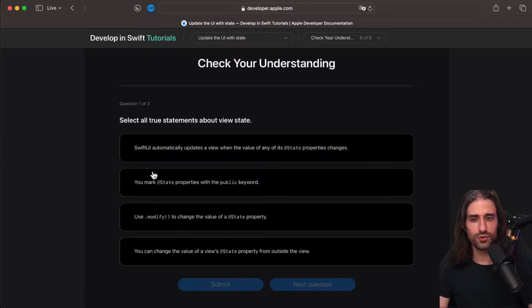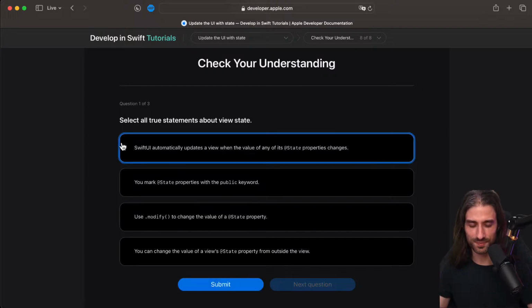First one, SwiftUI automatically updates a view when the value of any of its @State properties changes. This one is tricky, because up until iOS 16, it was the case. When a property that was @State would change, the body would be computed again.